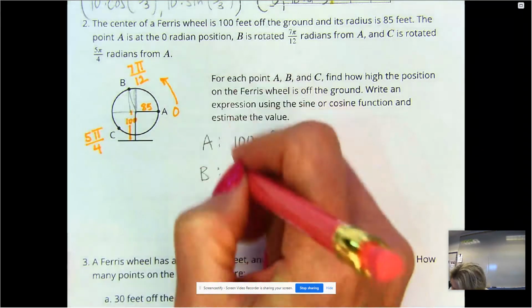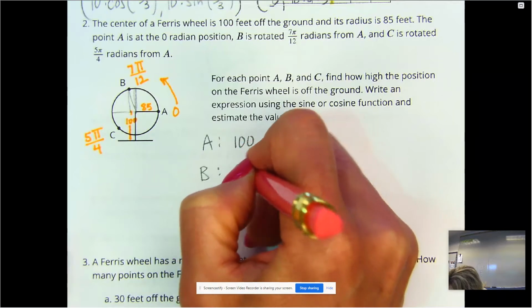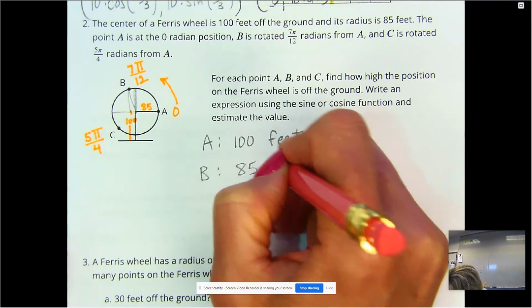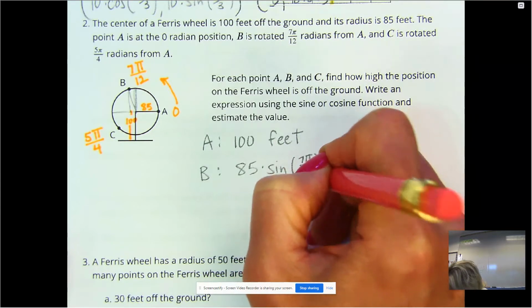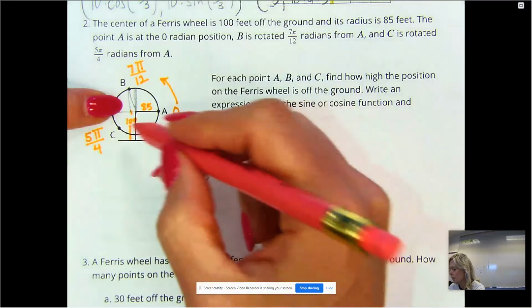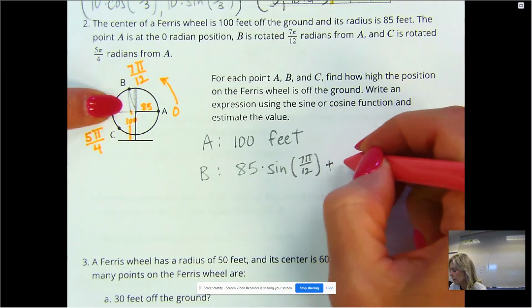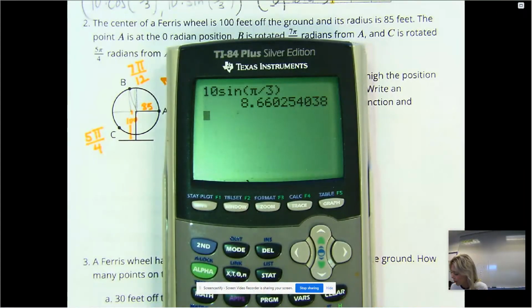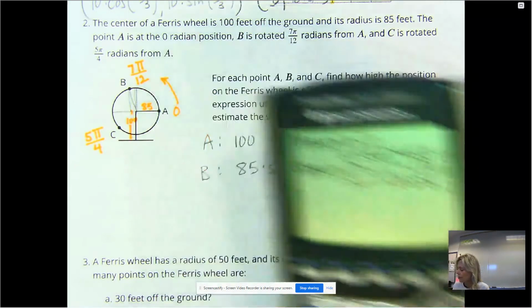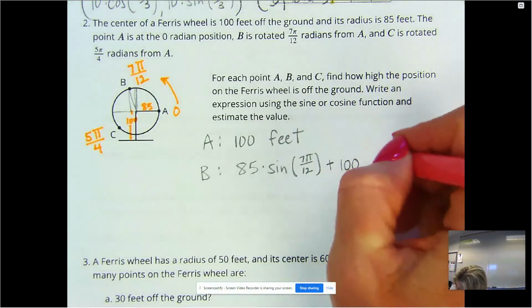It's going to be exactly 85 times the sine of 7 pi over 12. That's just for this piece, and then we add on the 100 for how high it is off the ground. Okay, so 85 times the sine of 7 pi over 12, and then plus 100. About 182.1